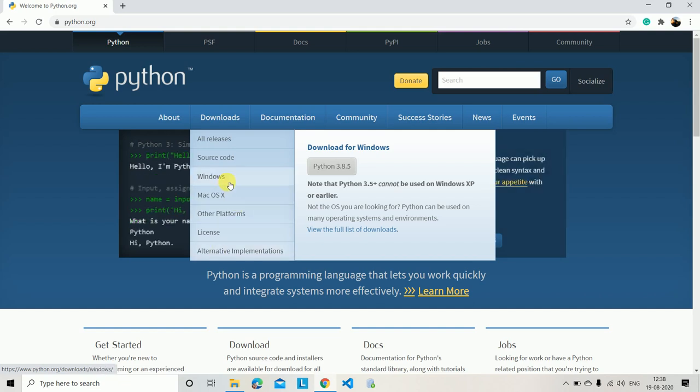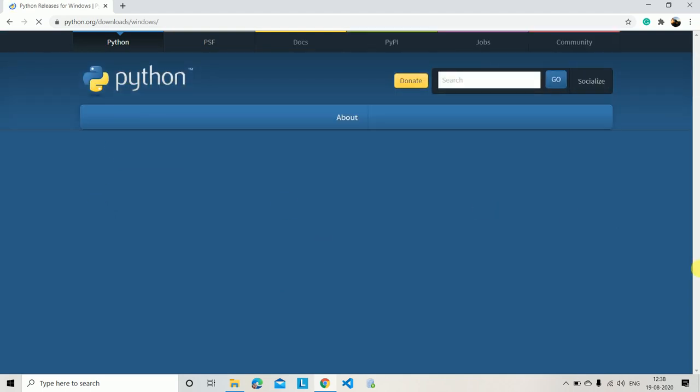If you are a Windows user, go to this. If you are a Mac user, please go to this. As I am a Windows user, I am going to this. Within a few minutes I will get the window for Windows users. Yeah, it's loading.